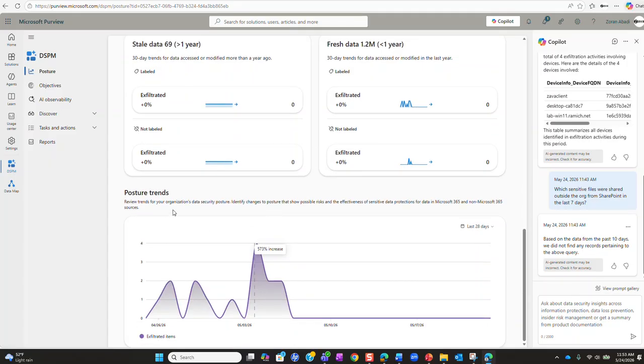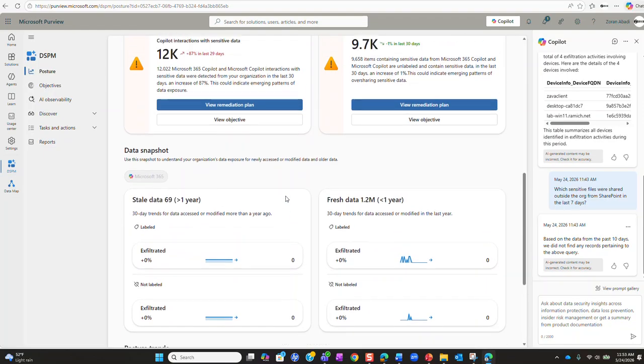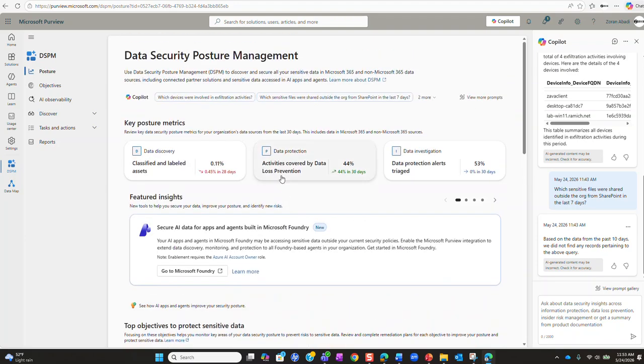And then here you see posture trends, right? You can review trends for your organization's data security posture, identify changes to postures that show possible risks, and the effectiveness of sensitive data protection for data in Microsoft and non-Microsoft 365 sources. So that's an overview of the posture of your data security posture management when you come in here for the first time. If we click on objectives,